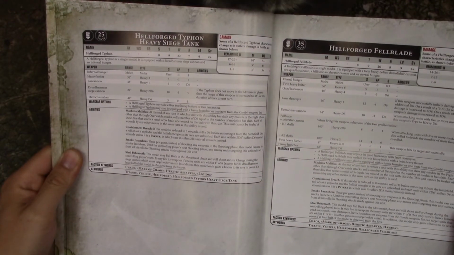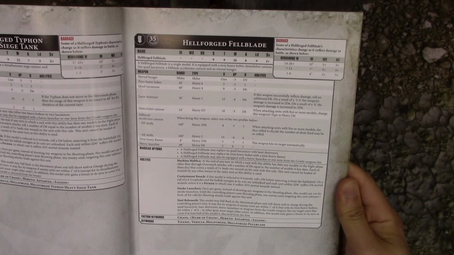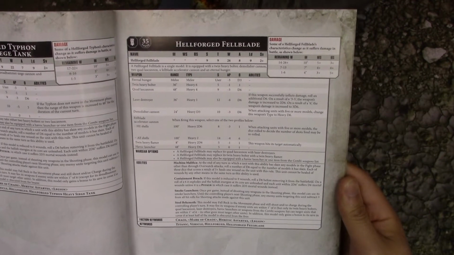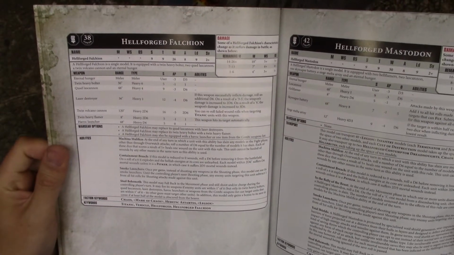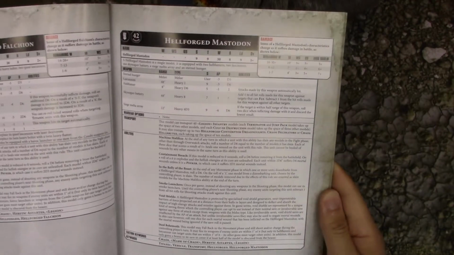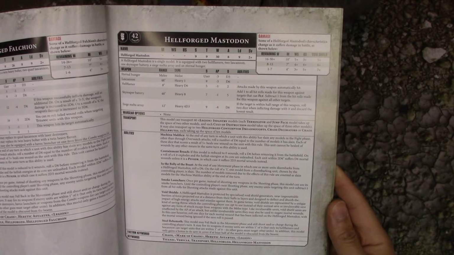Typhon. The Fellblade. Again, these are all the same as the Imperial, except it has Eternal Hunger, has degrading movement instead of attacks, and probably 1 or 2 less wounds and slightly cheaper in power. Otherwise, pretty much almost the same as the Relic or Imperial versions. Here's the Falchion. And the Mastodon. So the Mastodon is pretty much the same, 42 power, 30 wounds, toughness 9, strength 9,